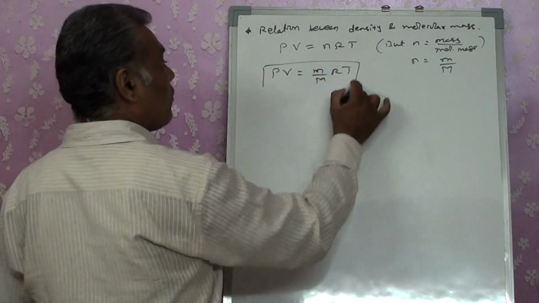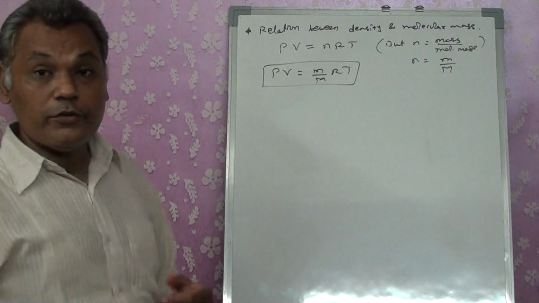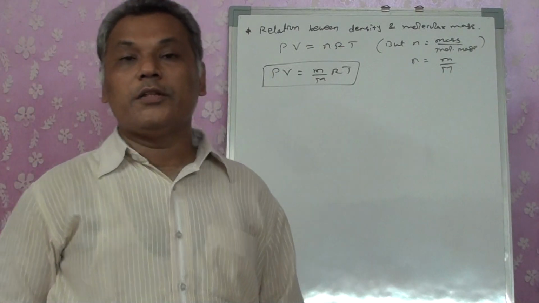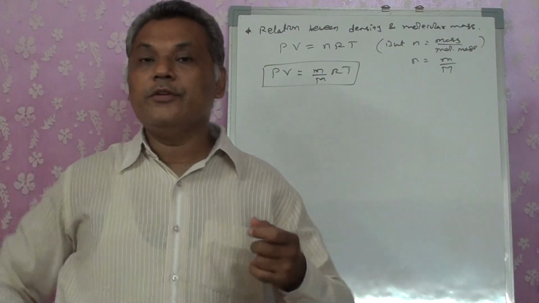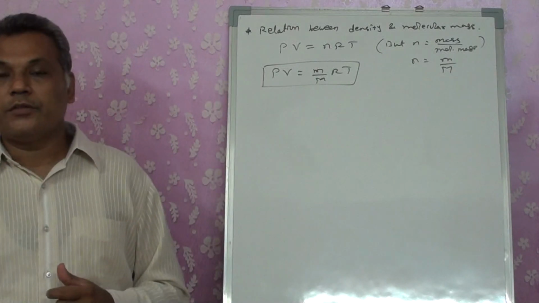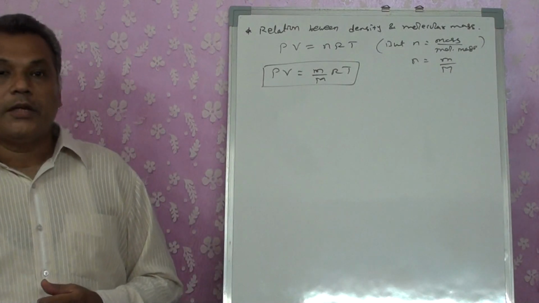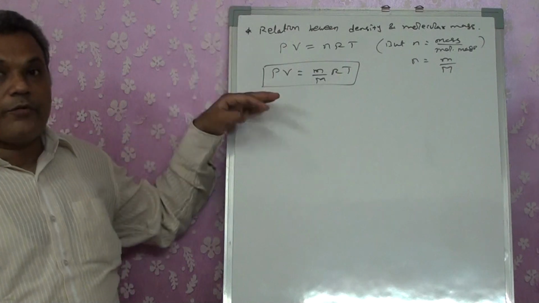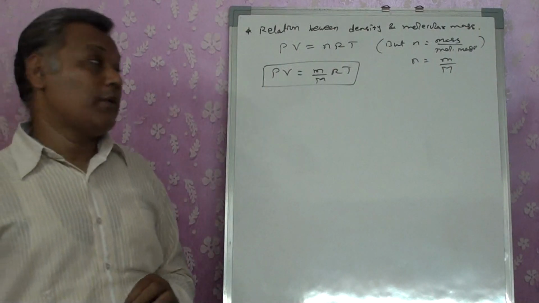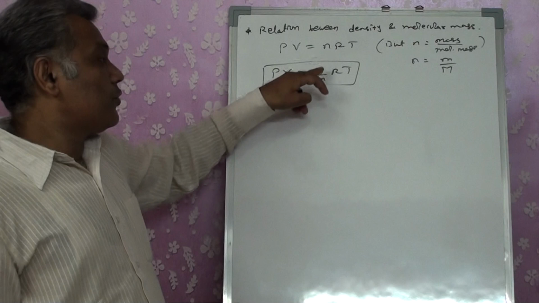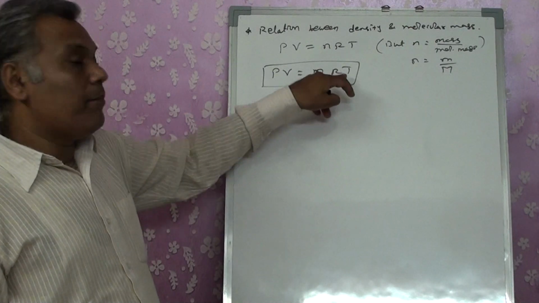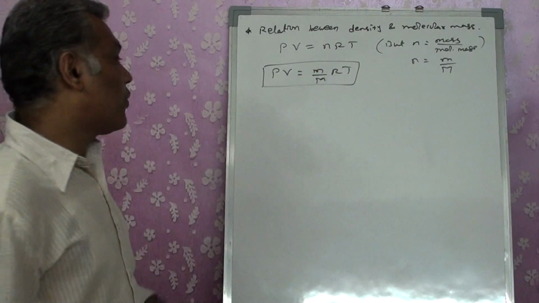So this is now one of the new equations that will be used for numericals. Right? We will be using it. At present we are going for something different, but I got it as the mass and molar mass relation. So PV is equals to m by capital M RT. This can be used for the numericals.